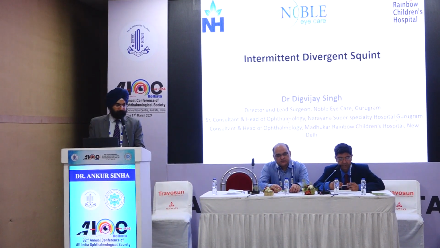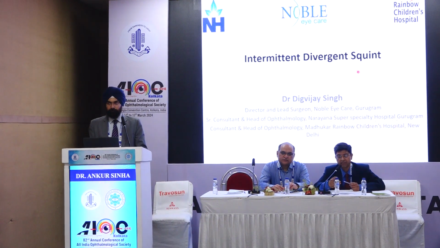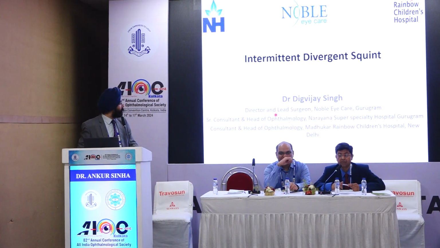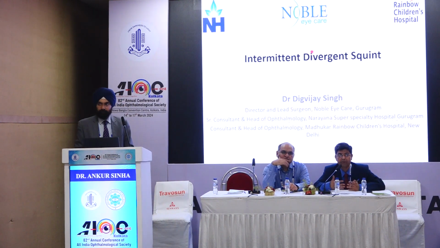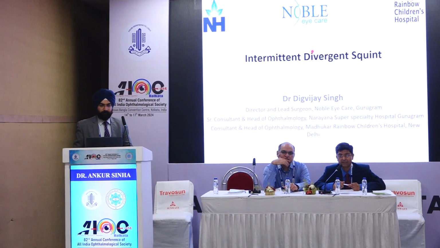So we'll go on to intermittent divergent squint. Probably increasing, I think, in our population. We're seeing far more divergent than convergent. We were seeing convergence in a greater amount in children, but now we are seeing a lot more divergent strabismus. Possibly myopization is a factor, but we're definitely seeing a lot more. And actually, intermittent divergent squint is a bigger nightmare, I would say, to manage. It feels simpler, but is actually tougher considering the